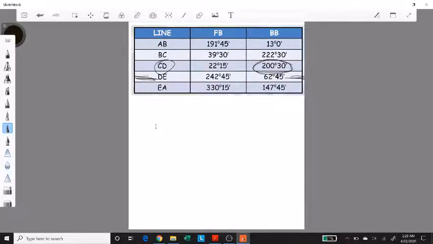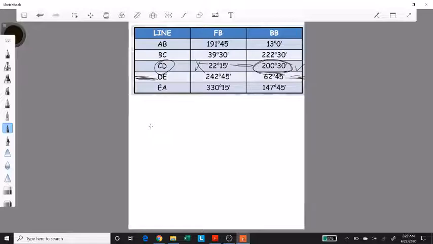So that means the back bearing of the side CD is free from local attraction. And when you subtract forward bearing from the back bearing, if the difference is not 180 degrees, all the error is in the forward bearing of the line, and none of the error is in the back bearing of the line. The back bearing is absolutely correct, because we got the back bearing by stationing the compass at the point D, which was free from local attraction. And the 2 points were D and E. So what